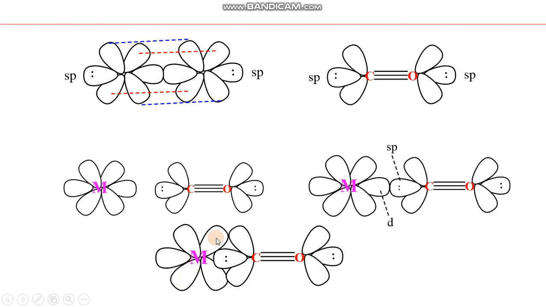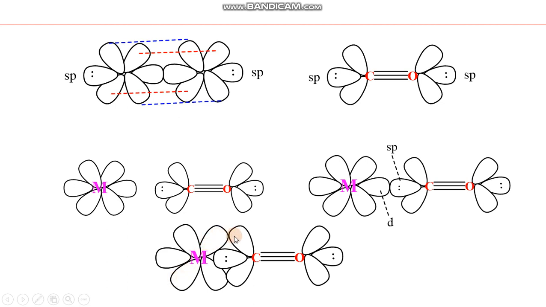If the metal is electron rich, there will be electrons in the d orbital of the metal which are capable of overlapping with the anti-bonding molecular orbital of carbon monoxide. And if the metal is electron deficient, then there will be no advantage of overlapping of these two lobes. So now the metal and carbon monoxide are capable of overlapping with each other, and at least one sigma bond is possible in any situation with the metal center. And the pi bond, which is a secondary, additional bond, depends upon the nature of the metal.